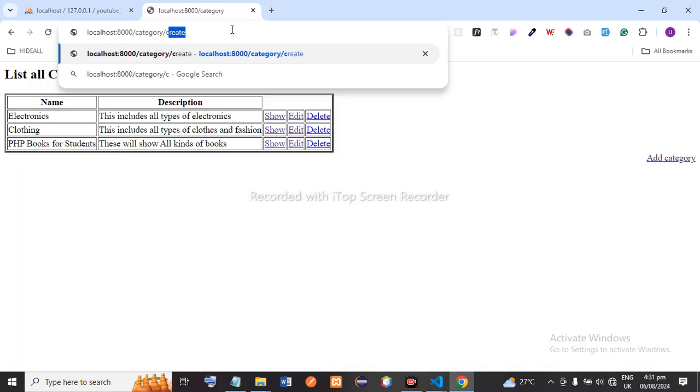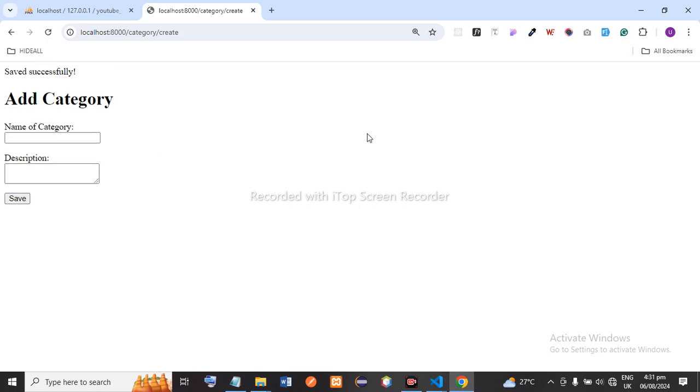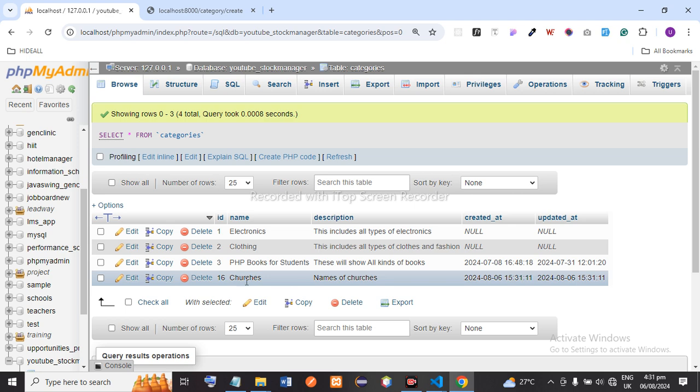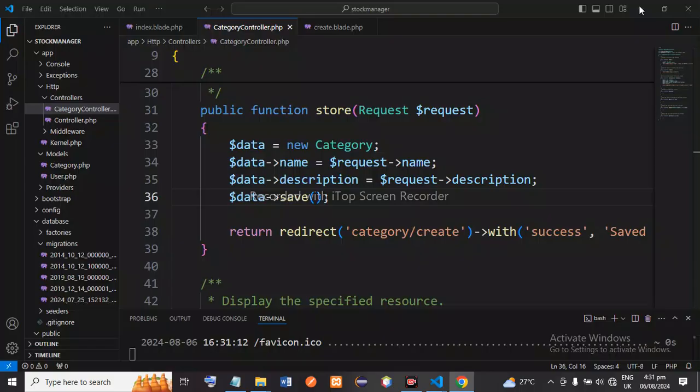So we have our create, and then we have category churches and then names of churches. Okay, so yeah, we have saved successfully. Okay, and then if you check this, you see that it has added churches, saved successfully with the date and the time. Okay, so that way we have fully implemented our create functionality, and we only took